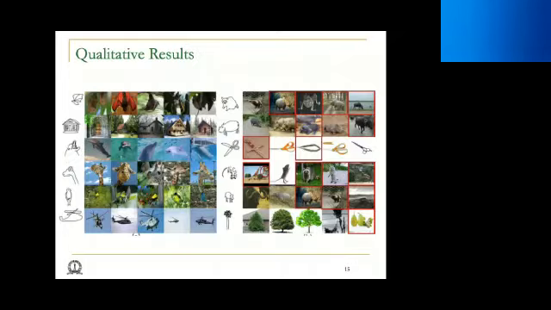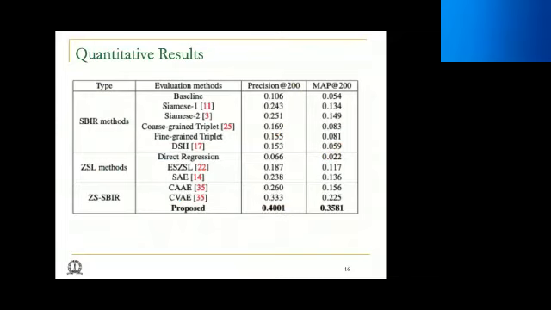Okay, these are some qualitative results where each of the sketches that you see, we have not seen during training. Right? So this is a complete zero-shot scenario where the query is completely unseen in training. Okay, and the red ones are the wrongly retrieved ones, and the ones which do not have any bounding boxes are the correct ones. Right? So this just shows that at that time we did better than state of the art, but as you know, this field is progressing at a terribly fast rate, and right now the state of the art is much more than this.